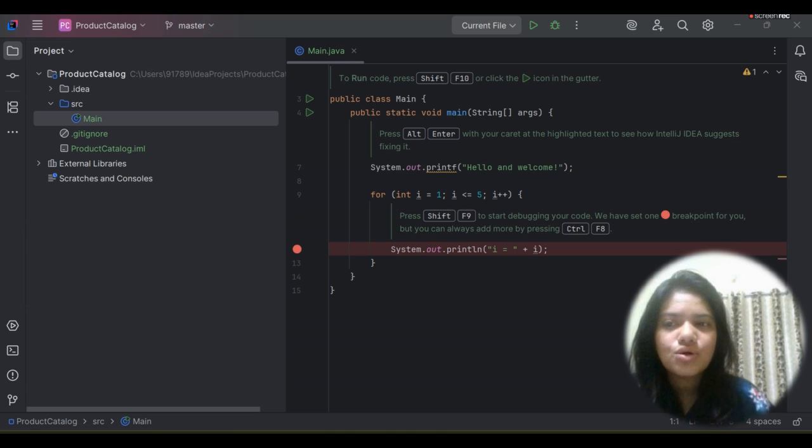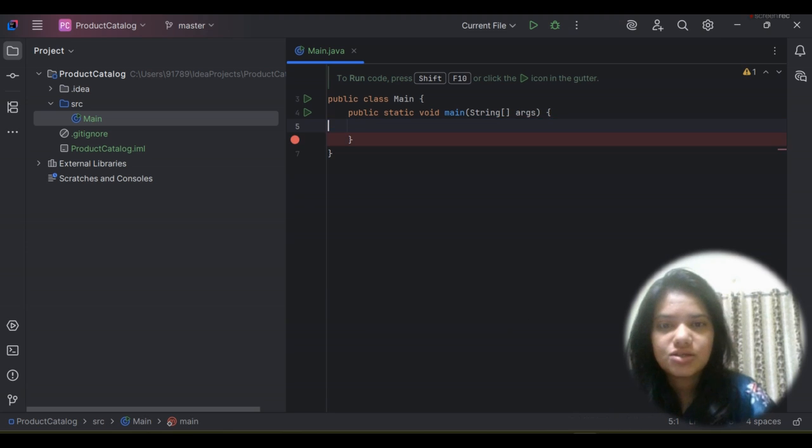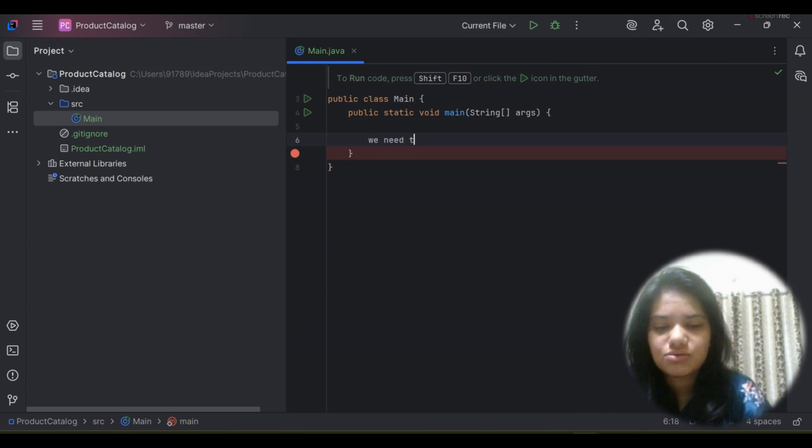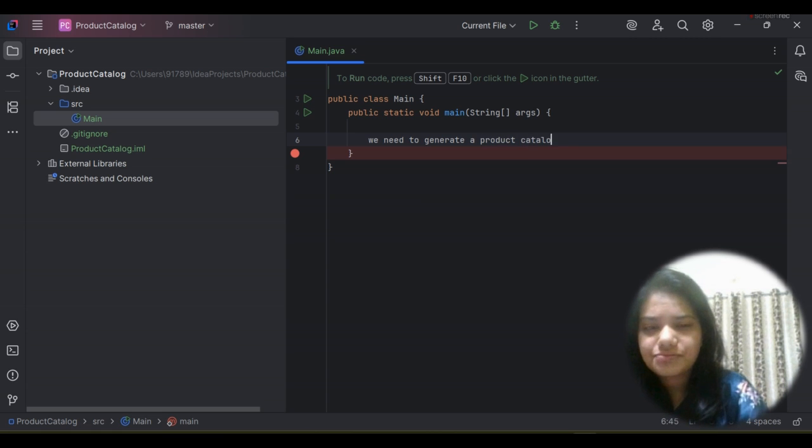So I'm just going to do a very basic product catalog generation code. I will be doing the whole code, and in this video the main agenda is to show the model, repository and service view. So suppose the expectation is that we need to generate a product catalog. The requirement can be to generate and show what are the